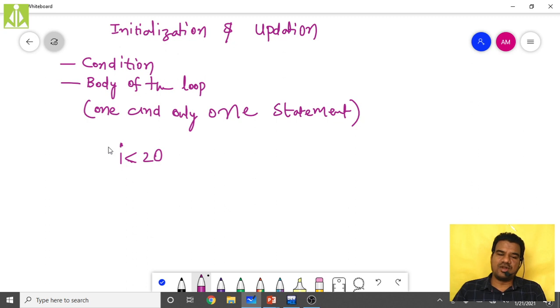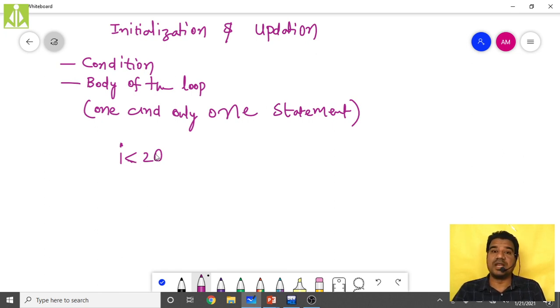So let us say you have not initialized the I value, then what will happen? When you are using this condition with the loop, and the I value is unknown, how will the loop decide whether this condition is true or false?